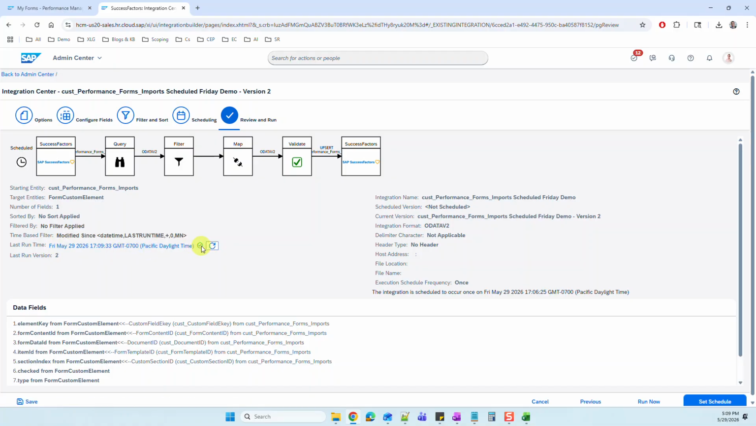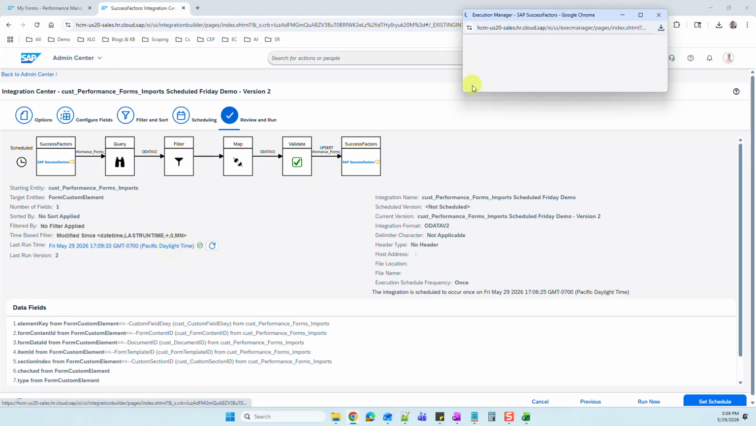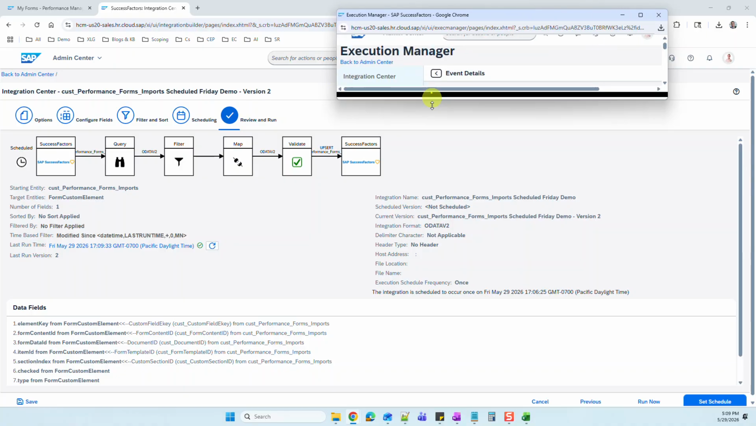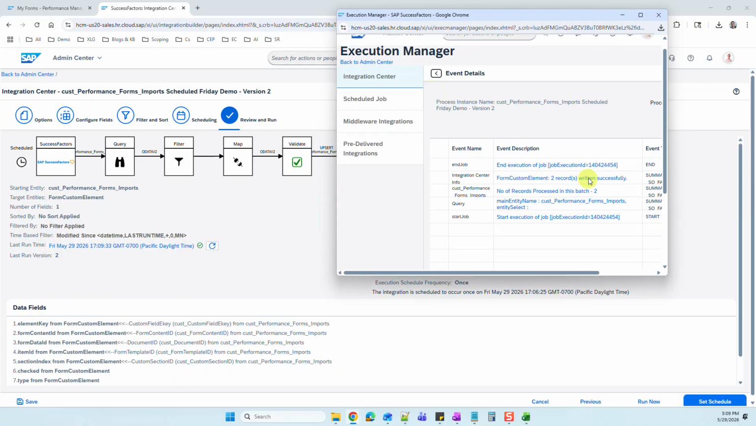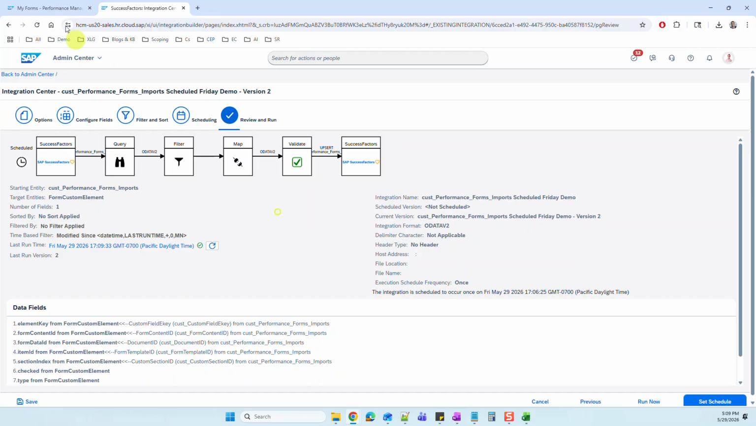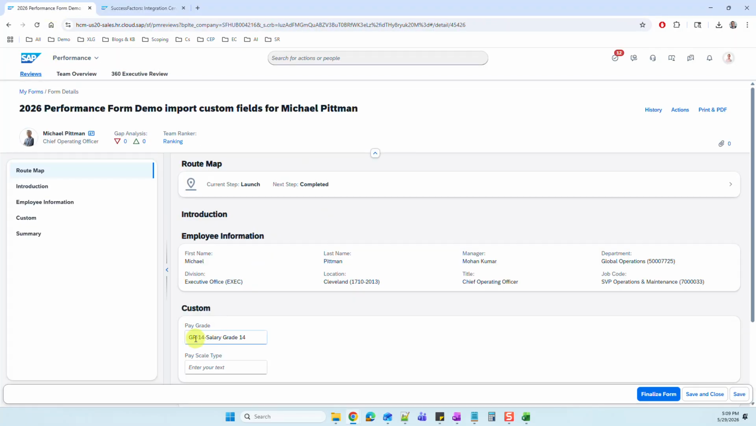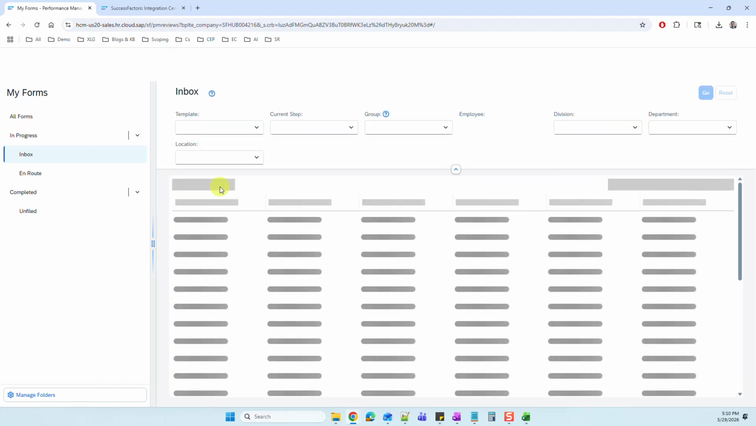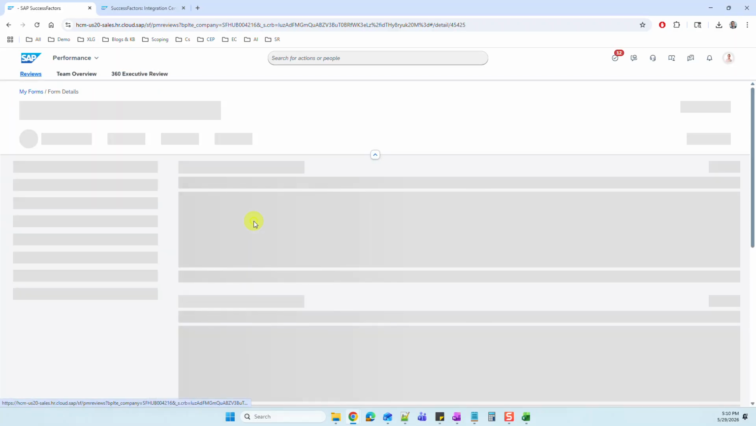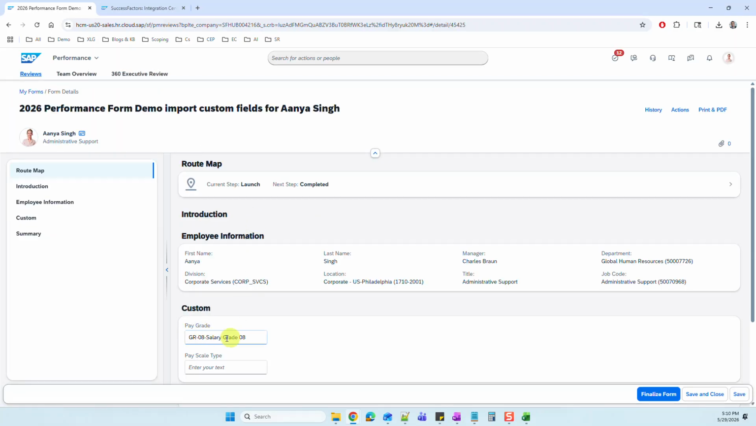All right, and it says completed, and it says two records written successfully. So now let's check it out. You can see Michael Pittman now has the pay grade in it, and Anya has the pay grade as well, and they have different pay grades. So it's all good. So now the next thing we're going to do is